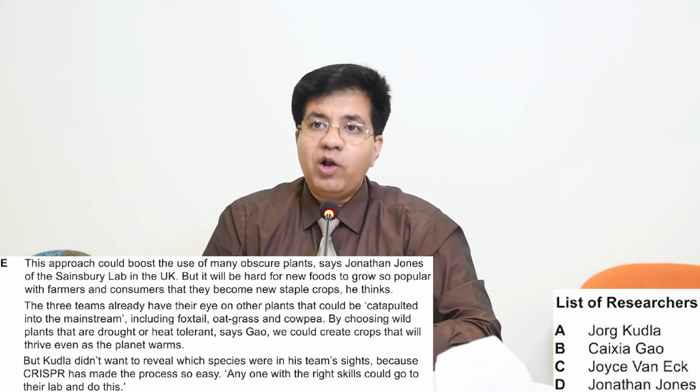Now what are we left with? Question number 20 and 21. And how many scientists are left? It means we have to use one name two times. Sometimes 4 scientists, 4 statements. Sometimes 4 scientists, 6 statements. In that case, you will use that name a second time as well. Now, who is the last one? Jonathan Jones. Please come to Jonathan Jones, paragraph E.